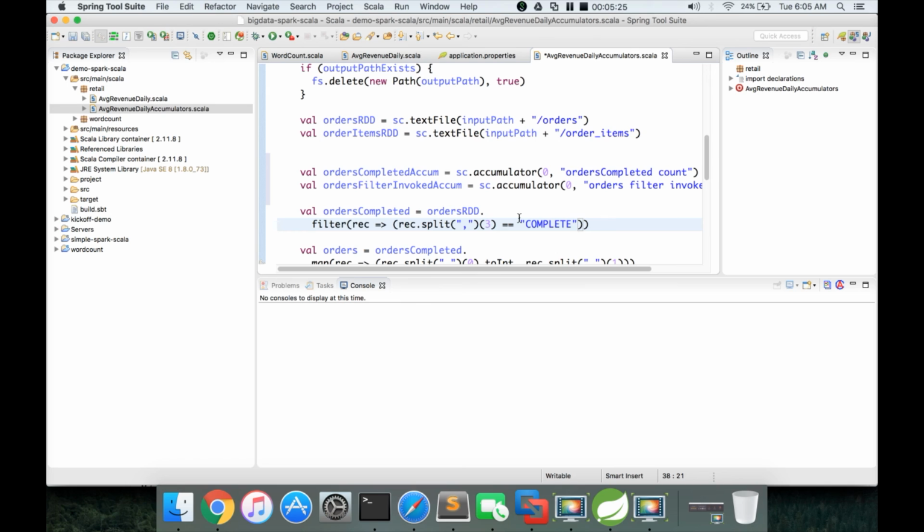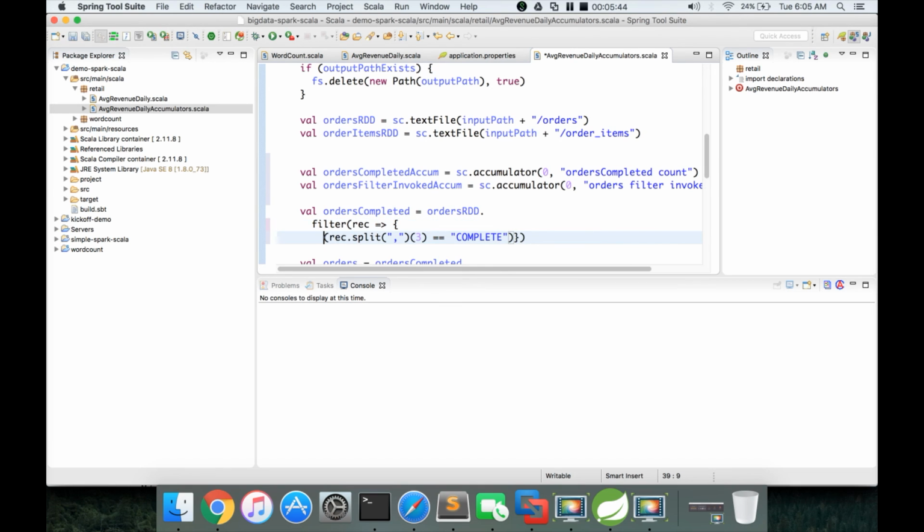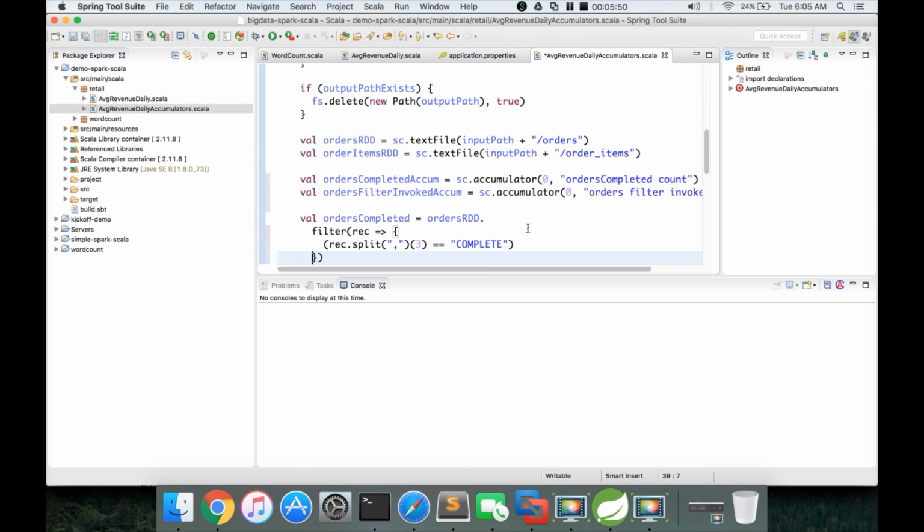If we have to write multiple lines of code, open a bracket here and close it here, because this circular bracket is for the filter itself. This is the scope of our anonymous function, and we can write whatever we want here. Once you've done that, hit enter so that it is formatted more appropriately.